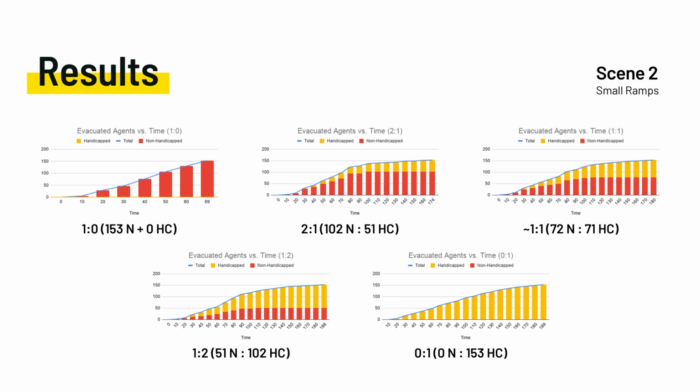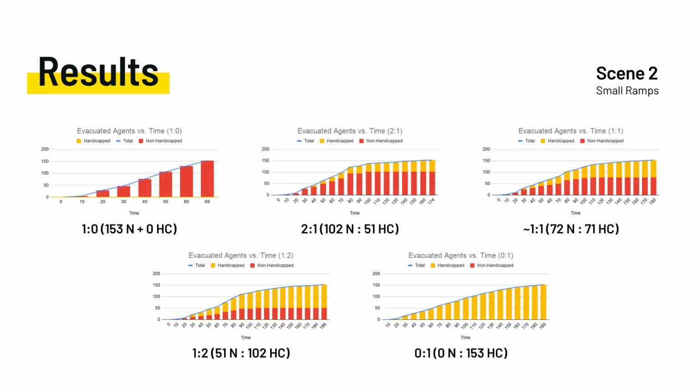1 ratio to 0. Basically, in about 69 seconds, we were able to successfully get a total of 150 agents evacuated. A majority of them were at first non-handicapped, and few of them were handicapped, but the majority were non-handicapped. But as we go more and more,